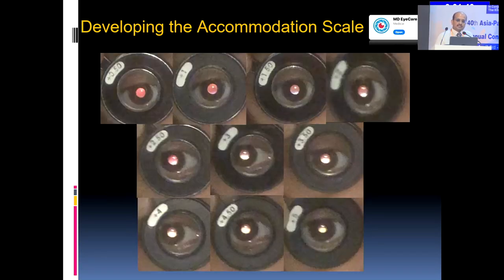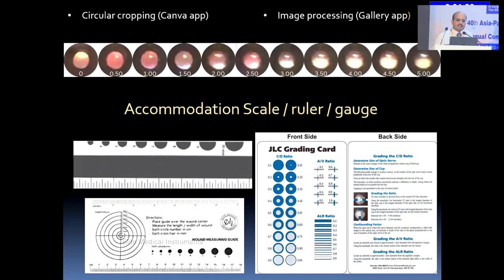The emmetropic child, a 10-year-old, was asked to look at a distance, and lens interjection was done to simulate the amount of accommodation that will be exerted using 0.5 increments of plus lenses. And it allowed us to create this kind of a scale as you see over here. And in the past, ophthalmology has seen multiple such scales, such as the pupil gauge or the gauge for cup disc